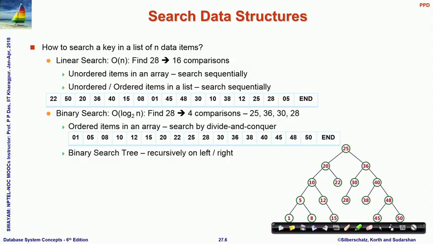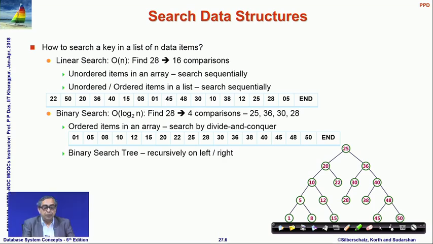So, if we are given to search a key in a list of n data items, what are the different choices? I could make use of a linear search. Either the items could be in an array, ordered or unordered, or they could be in a list, either ordered or unordered. I can search that list sequentially and find the data item. So, I have just shown an example here. There are a couple of data items given in that array. I am trying to find